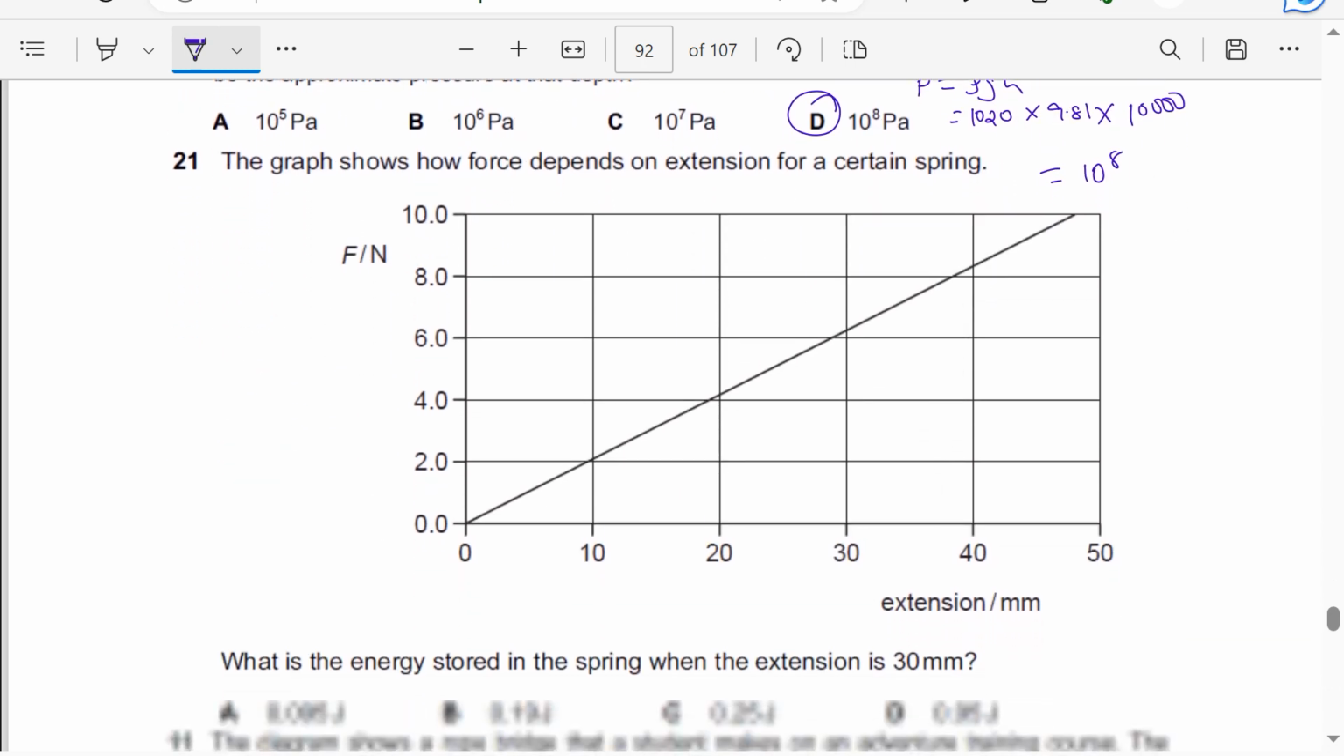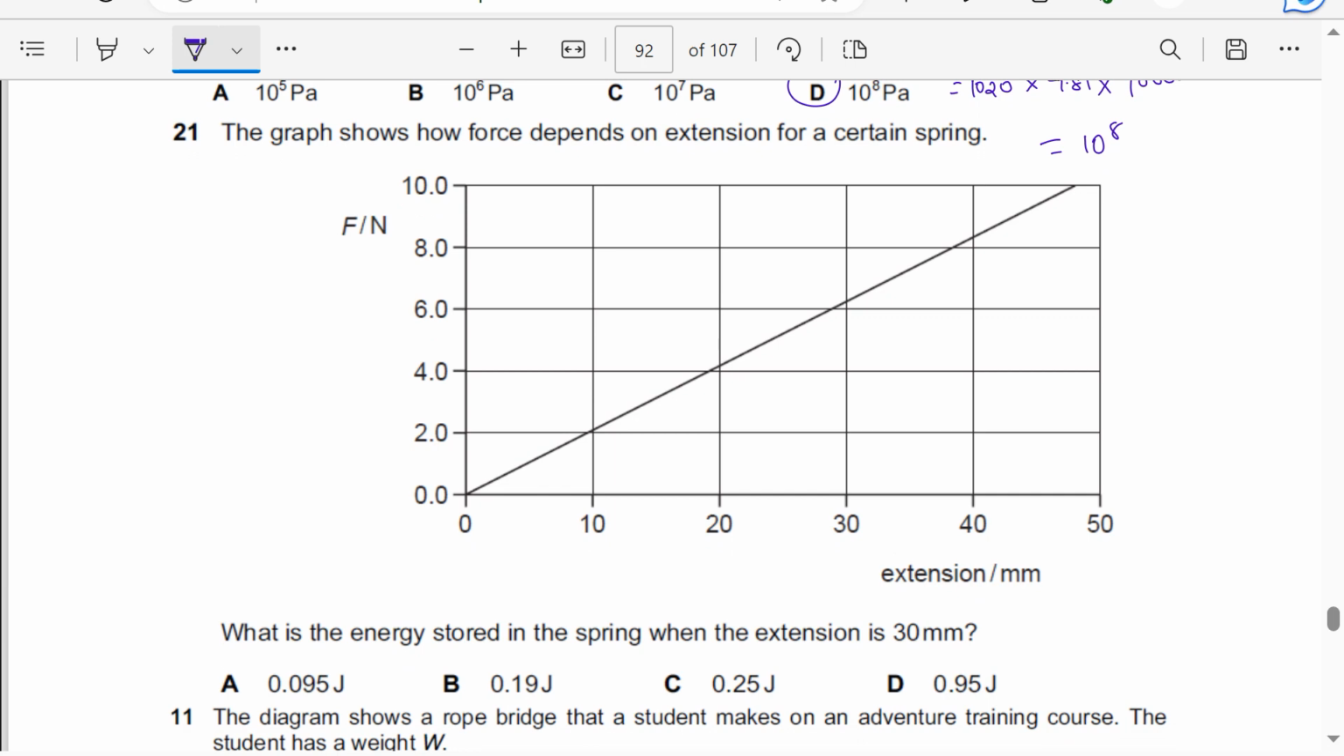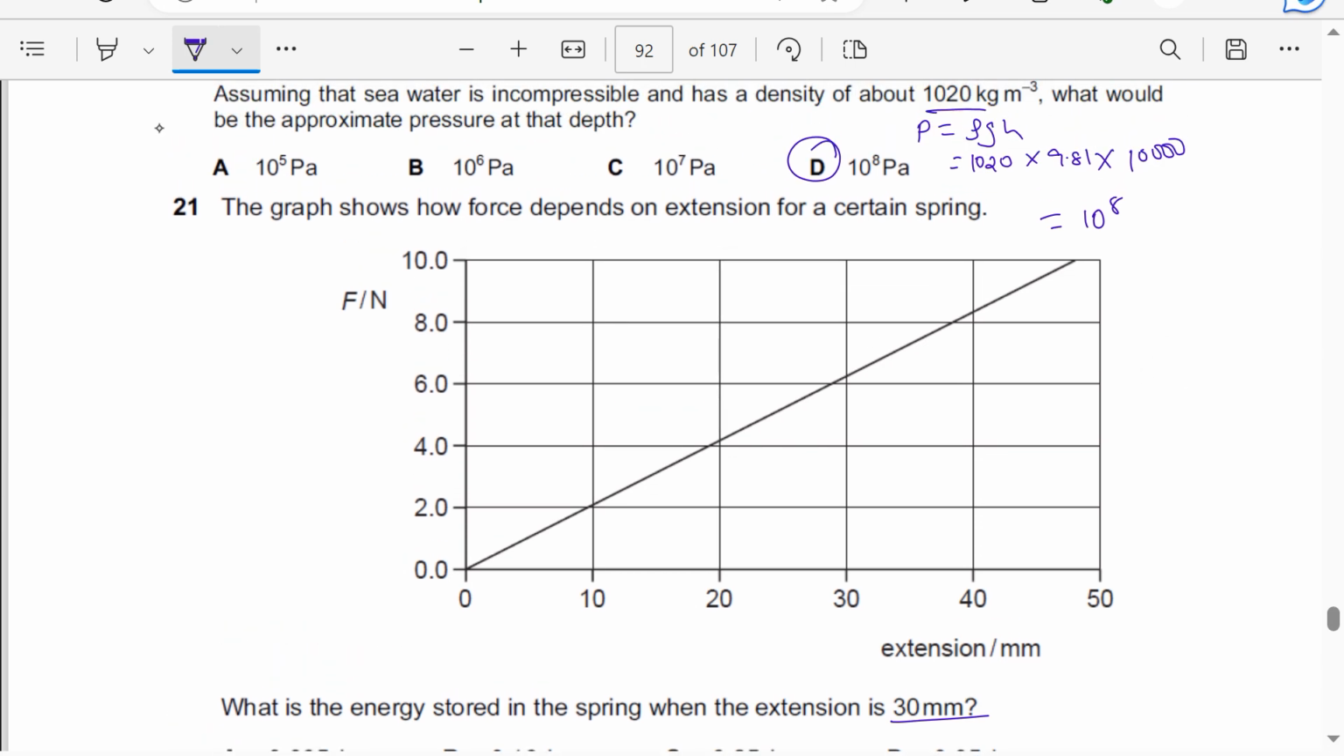The graph shows how force depends on extension for a certain spring. So this is supposed to be in deformation of solids. What is the energy stored in the spring when the extension is 30 millimeters? But we shall still solve this because it is easy. So energy stored is equal to a half Fx, if you remember deformation of solids. So this is going to be a half times F. F for 30 millimeters, F is,